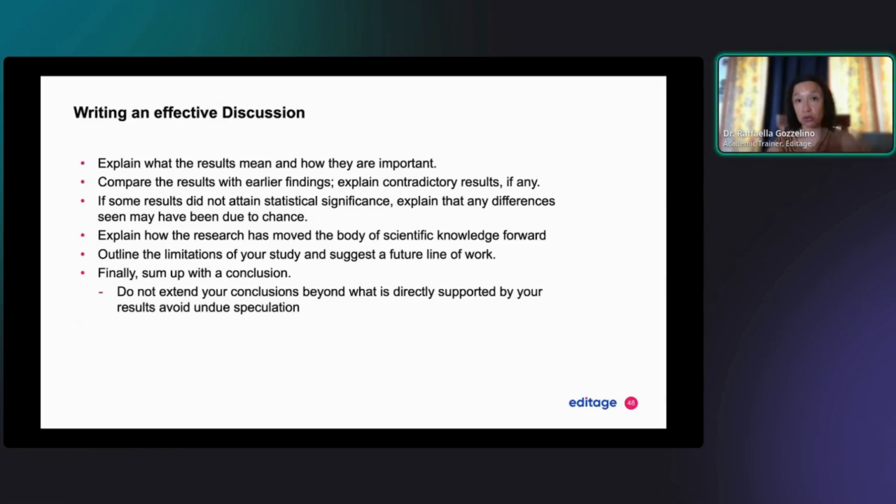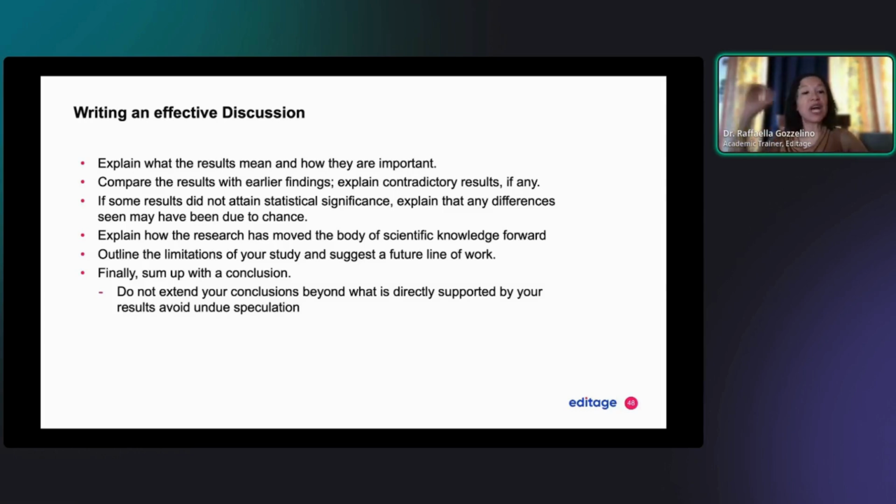You need to close the story with the discussion. And this is why you need to really explain what the results mean and why they are so important. Compare also the results with earlier findings to explain contradictions, if any. If some results did not attain statistical significance, explain that any differences seen might have been due to chance. Explain how the researchers move the body of scientific knowledge forward, why, therefore, it needs to be accepted for